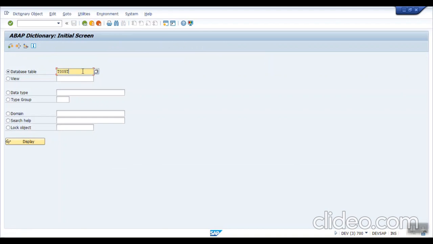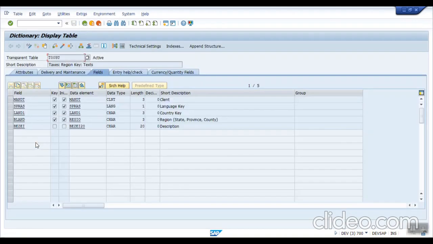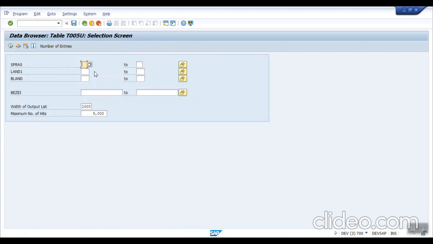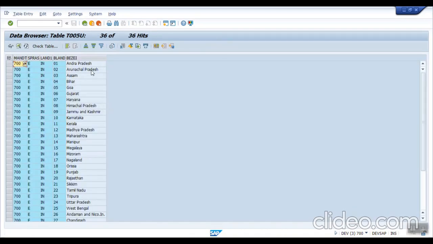Similarly for the state, we have the T005U table. Here we want to fetch the state description, then along with the state ID we have to pass the country ID. Here my country is IN. Let's see all the states of country India. So here we can see the different list of states.